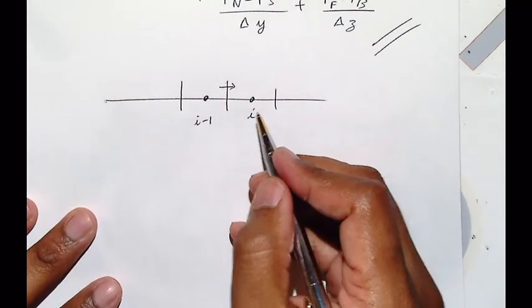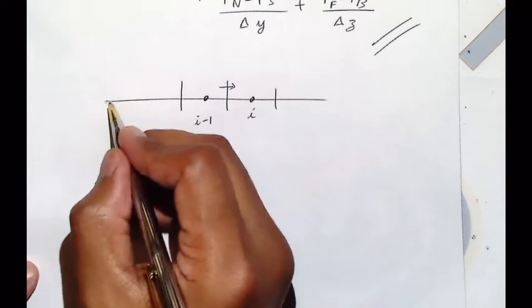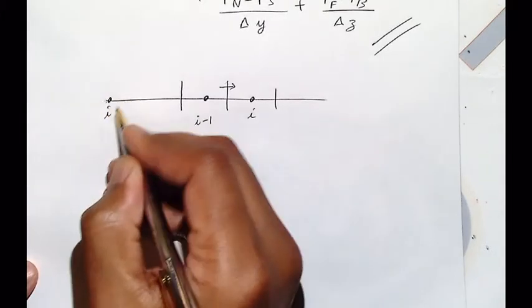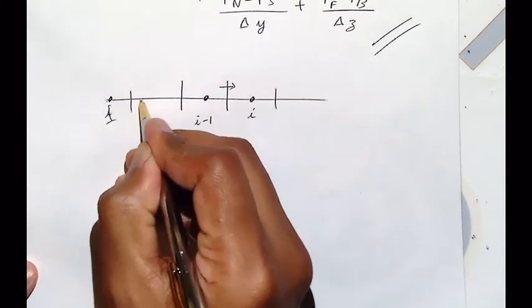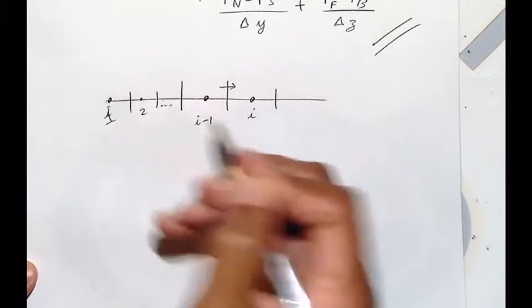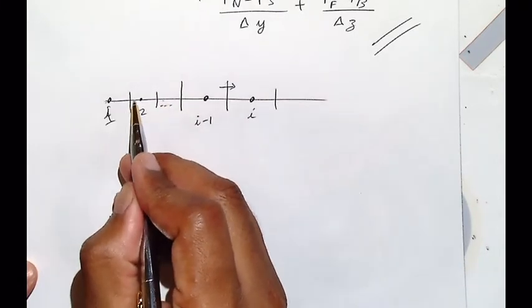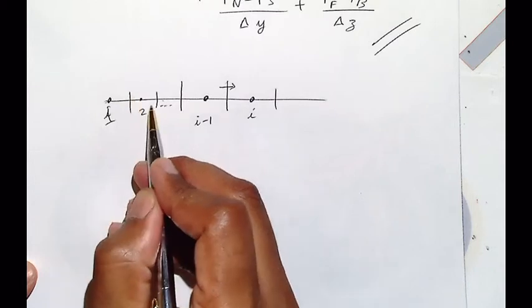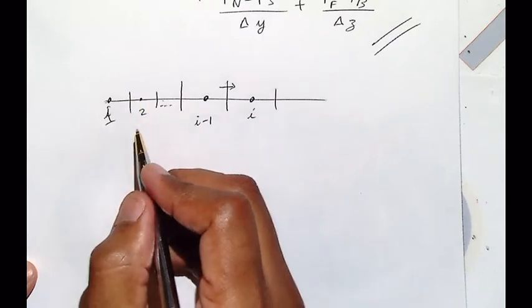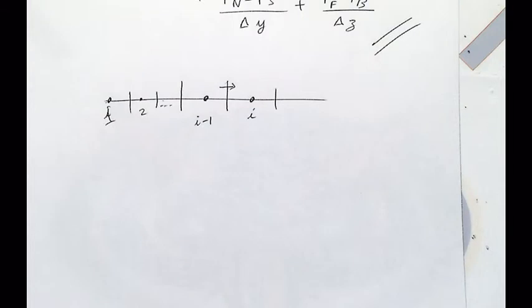Okay. So if you look at all of the cells starting from the very beginning, cell number 1, cell number 2, dot, dot, dot, all the mass that leaves one cell goes directly into the other cell. So you are conserving mass perfectly. Okay? There is no numerical error in conservation of mass. Does this make sense?